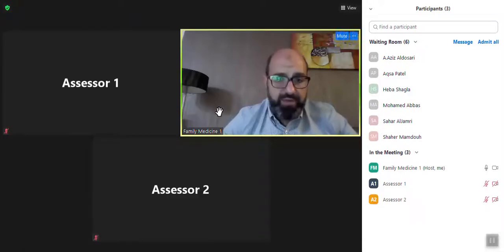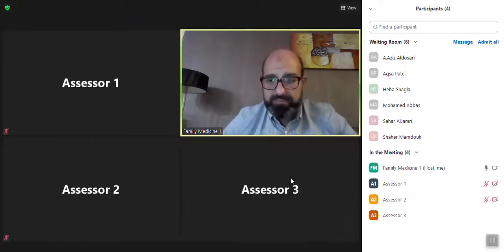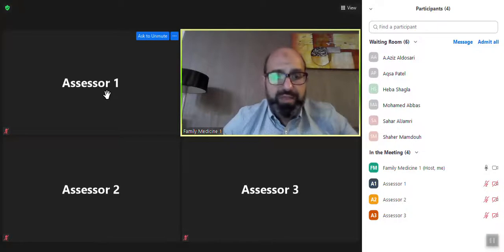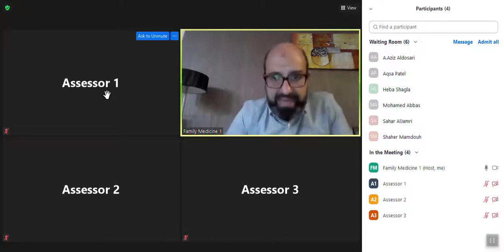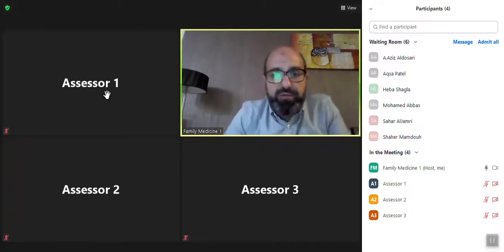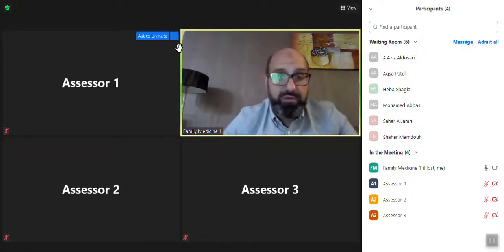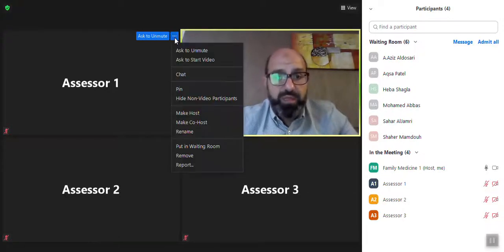Now we have 3 assessors on board in this meeting. They are now admitted. The first thing to do is to check with the assessors that they can share the screens and they are comfortable with sharing the screen. The second thing to do with the assessors is to check, of course, for the quality of sound and video. The third thing, that if you want, for quality assurance purposes,